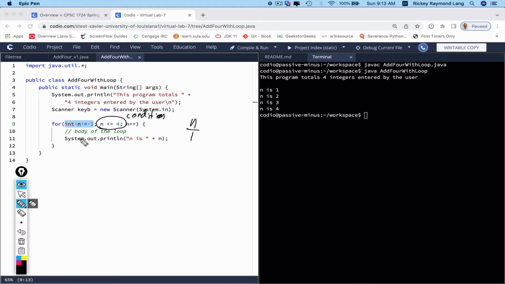If the condition is true, the body of the loop is executed, and that's why we see here n is 1. The update happens after the body of the loop. So after however many statements are in between these braces,